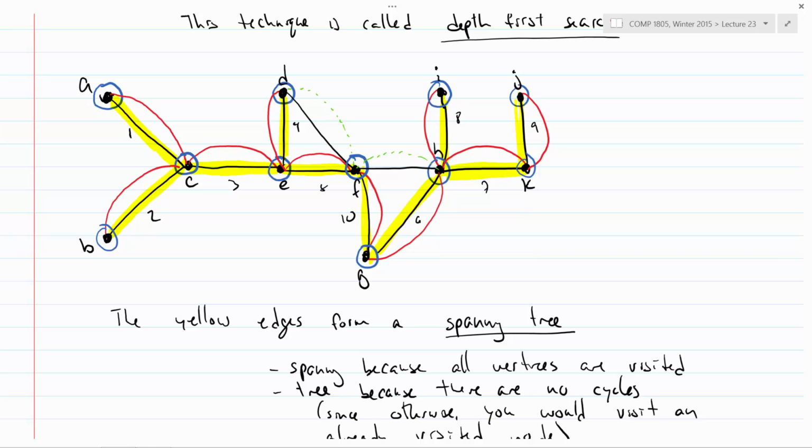So in the worst case, every edge would get traversed twice, which means the time I would need is twice the number of edges. But I still need to visit every vertex at least once. So that would mean it's the number of vertices plus the number of edges. But if the graph is connected, there has to be at least as many edges as there are vertices, so it's really big O of the number of edges. Yeah. I got a question. So when we're talking about this, are we talking about the whole graph or just the tree?